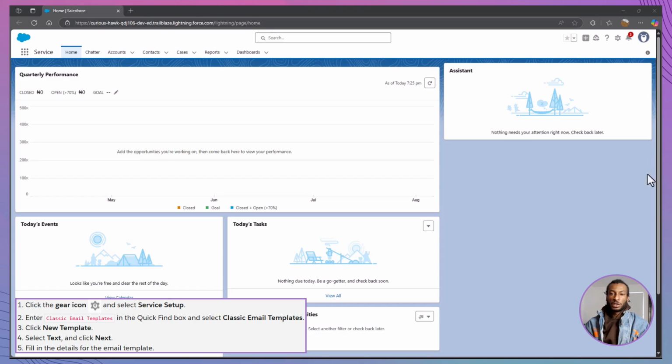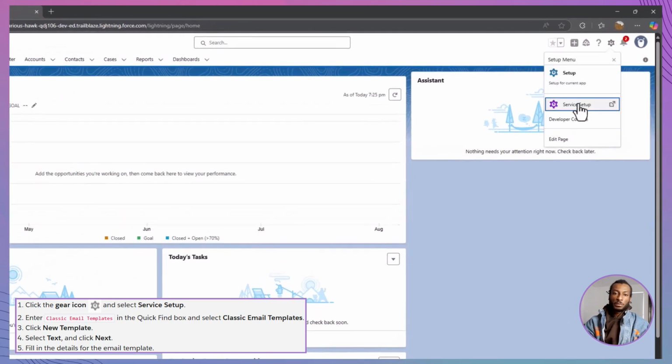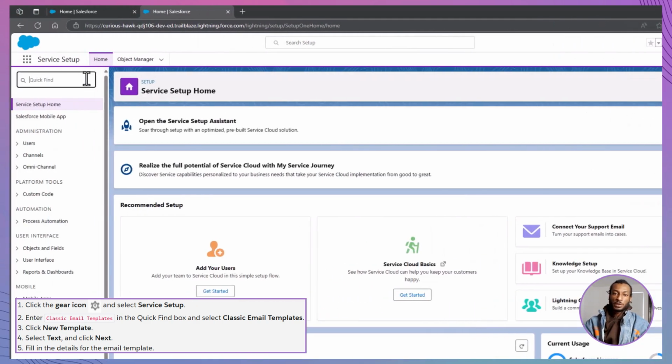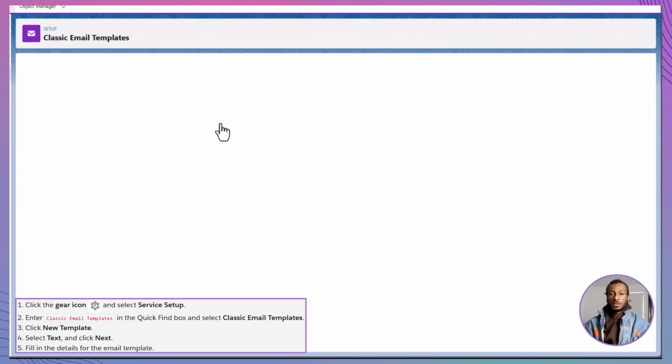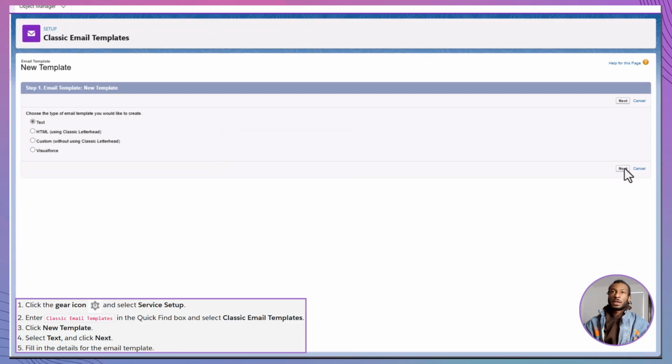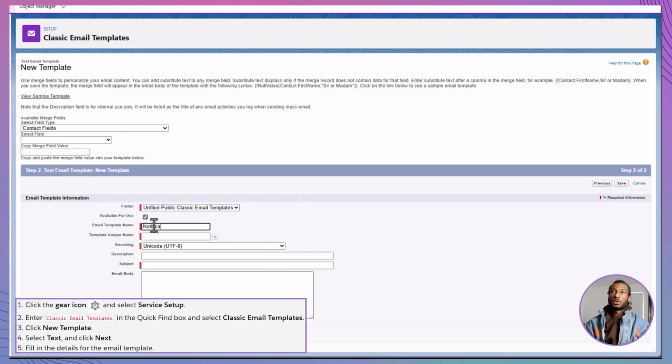Part 1. Build the template and alert. Start in Service Setup. In the Quick Find box, type Classic Email Templates, then click New Template. Select Text, choose Next, and name the template Notification of New Case for Large Account. Save the template in the Unfiled Public Classic Email Templates folder, select the Available for Use checkbox, and set the subject line to New Case: